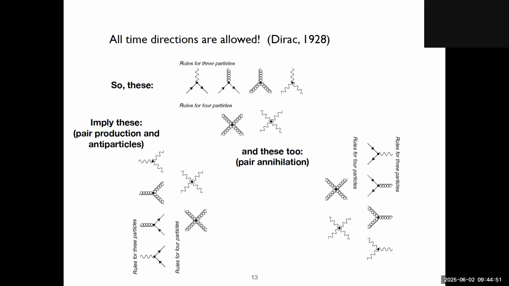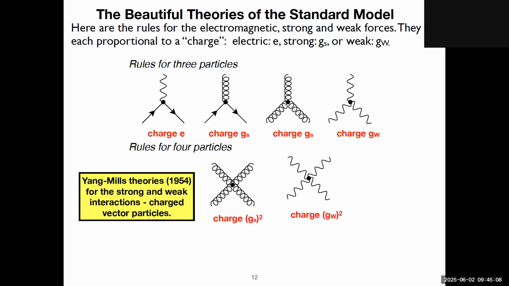Okay. So these are, I hope, somewhat familiar. Here they are, all the different kinds of things you can have. These rules are very, very flexible. There aren't many of them. They're all in these, let me see, 1, 2, 3, 4, 5, 6. But each of these has a number of different processes, depending upon which lines are in the initial and which in the final state.